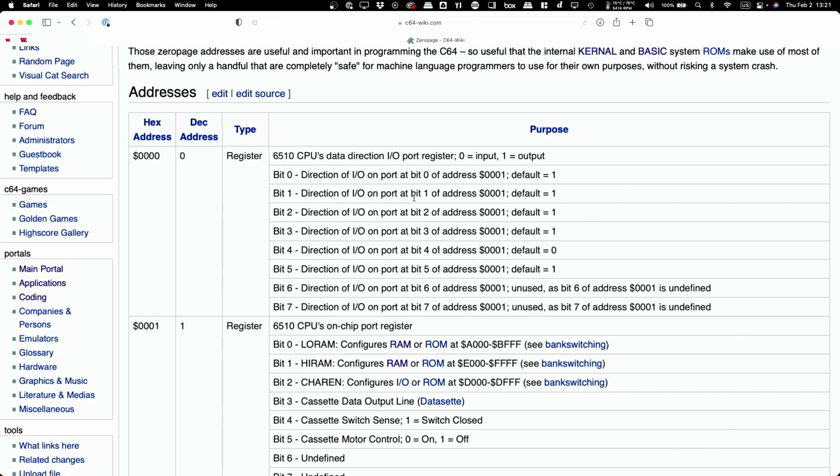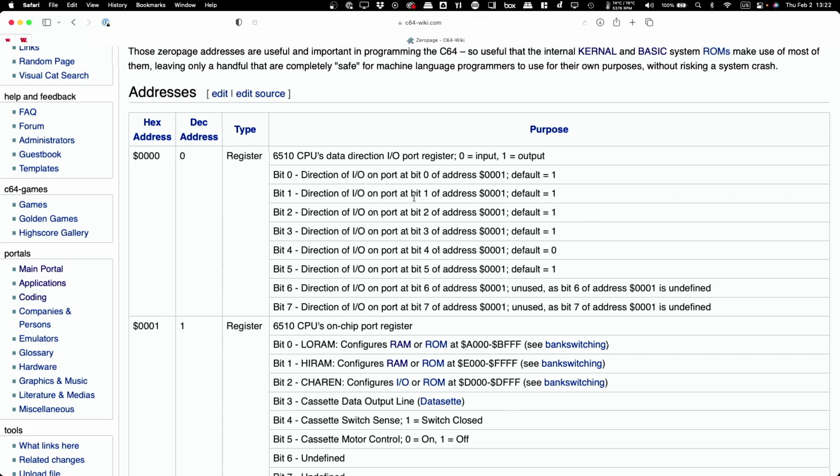But they would also be used by, in our case, the system. Some of those values are reserved for certain things. So for example, addresses 0 and 1 allow the configuration of direction. They go together, but basically you get to set whether you've got input or output on certain devices, and then